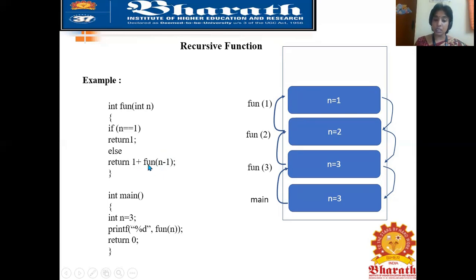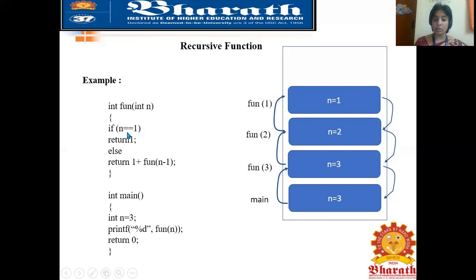So when the compiler sees this function call, it is going to maintain an activation record for n is equal to 2, fun of 2. So n is equal to 2 will be the parameter used for this activation record. Once this function is called, it again goes to the function definition, where the parameter is now 2. Then it checks whether n is equal to 1.